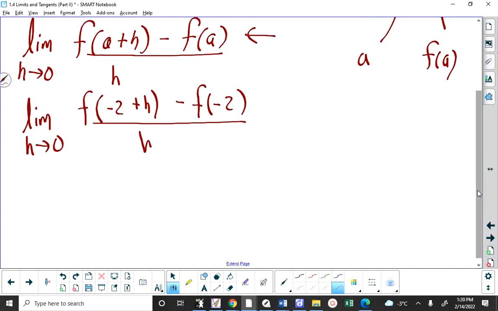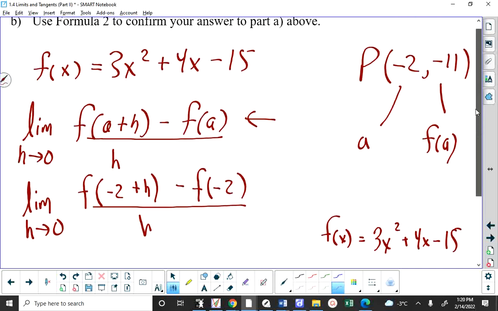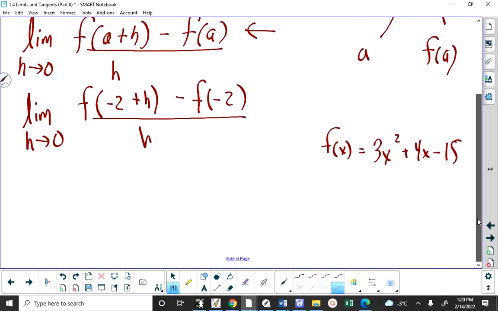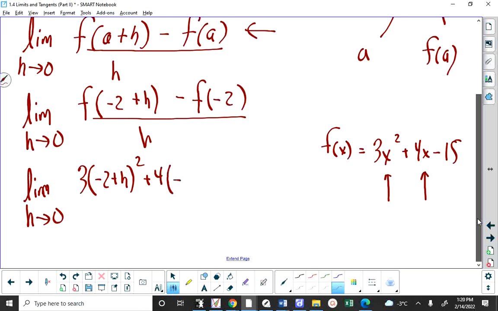All right, so what is f of -2 plus h? Well, f of x was 3x squared plus 4x minus 15. So f of -2 plus h is what we get when we replace the x here and here with -2 plus h, giving us this next line: the limit as h approaches 0 of 3 times (-2 plus h) quantity squared plus 4 times (-2 plus h)